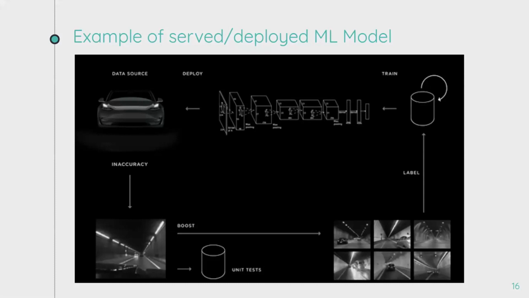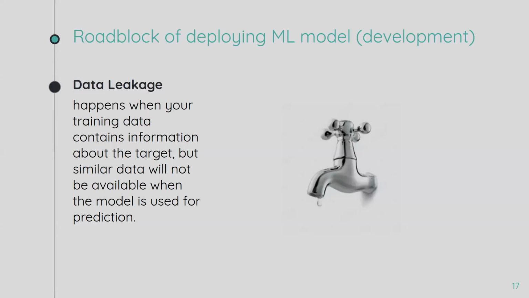And if you have data leakage, your model will overfit the training set, but will perform very poorly on the test set. Another roadblock is what we call data drift. Data drift is when the distribution of your input data changes. For instance, the distribution of your data before COVID is different from the distribution of your data during COVID. That's an example